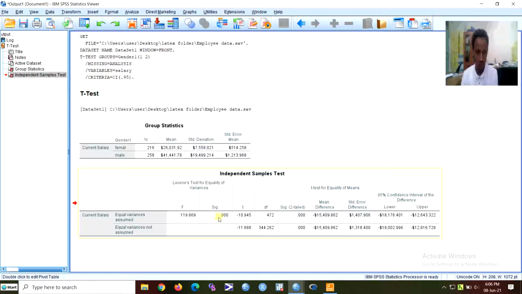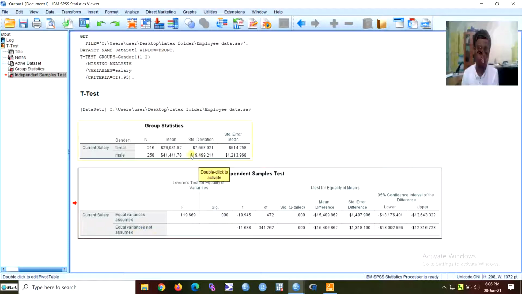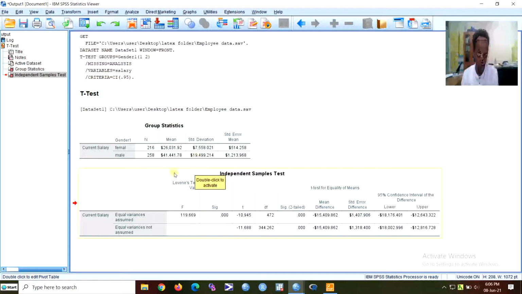The significance level is 0.00, and hence I will reject equality of variance, and there is no equality of variance. As we can see in the group statistics, the standard deviation is much higher for male than female. So equality of variance is rejected,